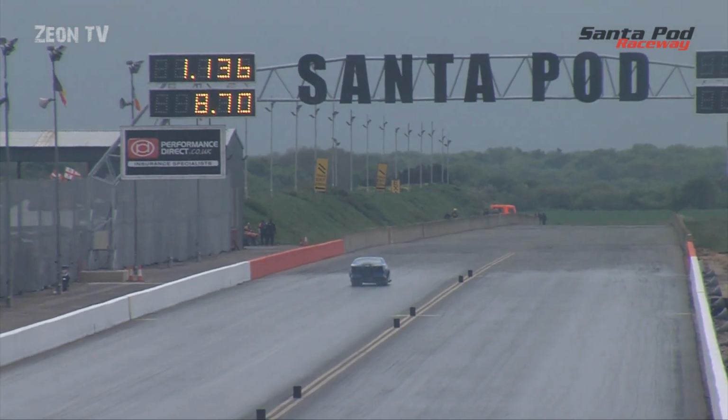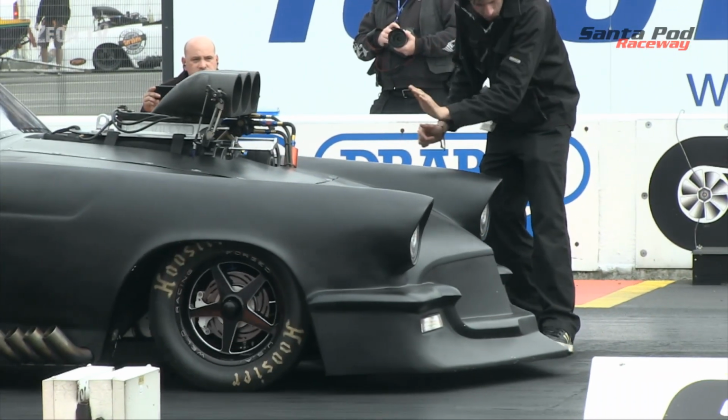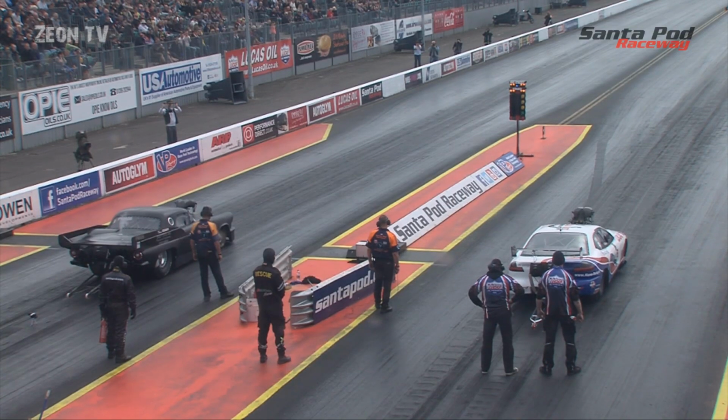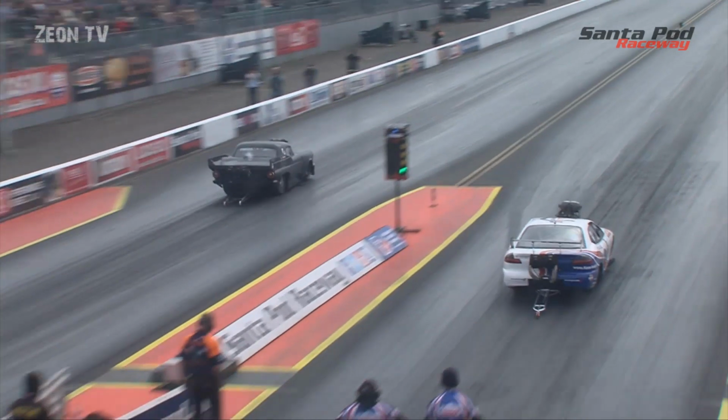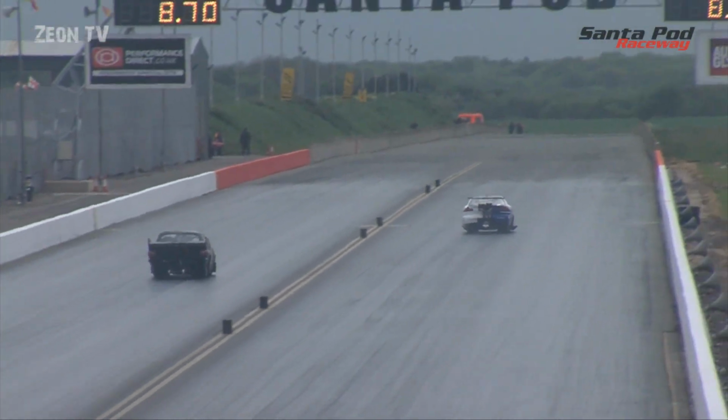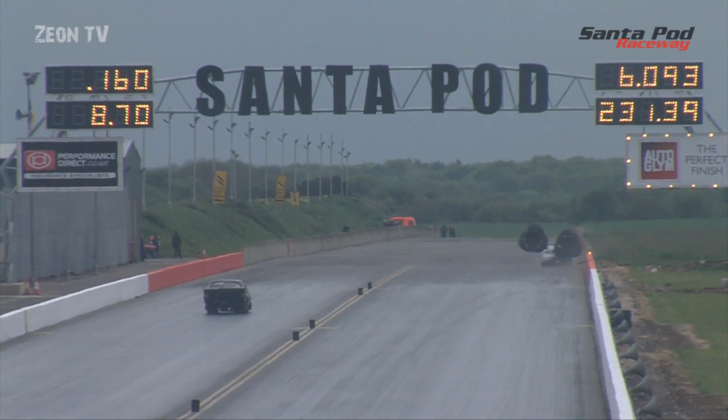Next pair trying their luck is going to be Kev Slyfield, the matte black Thunderbird over there, looking very swoopy and cool, up against Dr. Norbert Kuhnham himself. Norbert sat out the first qualifying session because he reckoned the track was going to get better, and it certainly did for him. Kev out of shape, but Norbert goes through with a 6:09,